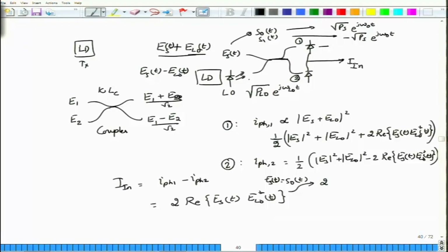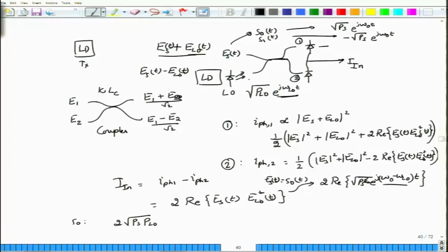2 times real part of square root Ps e power j omega 0 minus omega LO t. Is that correct? Because ELO we have already written it here, and conjugating, oh sorry, I should also multiply this one by PLO. So let me rewrite it. S0 will produce an output in which I can pull this PS and PLO out because they are essentially constants, at least I have not considered them to be time varying at this point, and then I have real part of e power j omega 0 minus omega LO t.